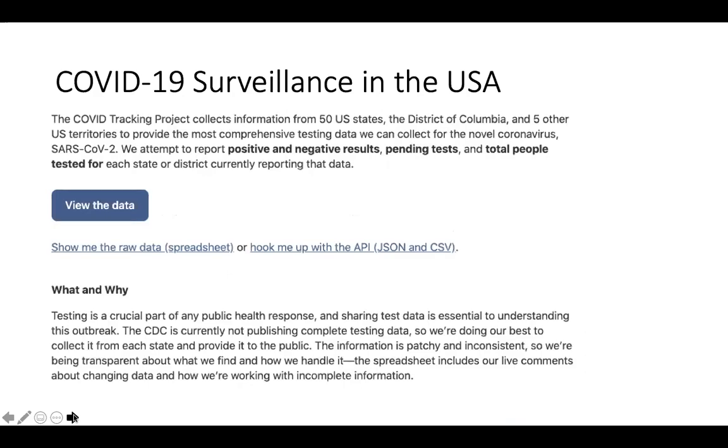What I found really interesting is that in the midst of this COVID-19 surveillance, there are a lot of private, non-governmental entities providing surveillance data. One of the ones I've been using is covidtracking.com, the COVID Tracking Project. It provides information, especially on negative test results at the state level on an almost daily basis, and they assign a quality grade to the data so that you can take it into consideration when you look at the